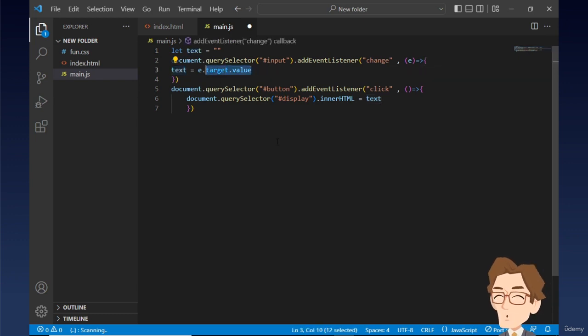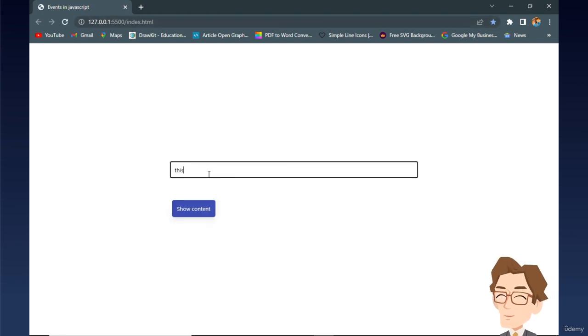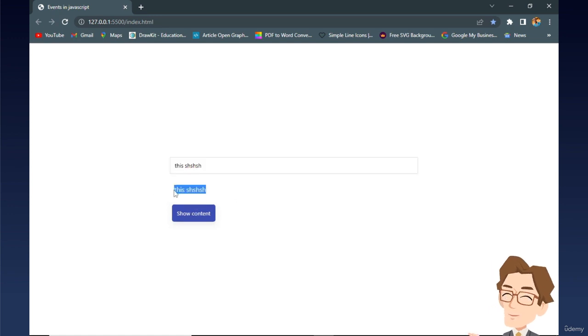If I save this, then I refresh. If I simply write something here and then click on this show content, then we'll get our input value back. So guys,